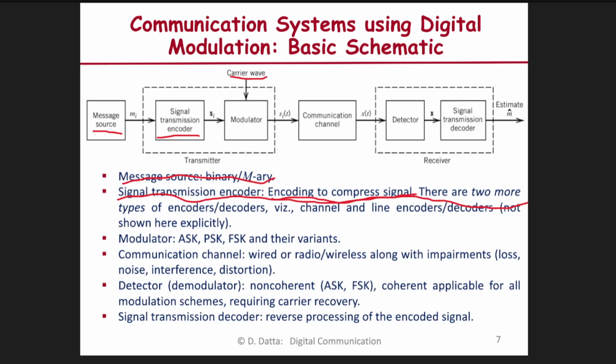So as I said, this particular block does this job, but there are two other encoders which are not shown here explicitly. They will also be here along with this encoder. They are called channel coder and line coder. Channel coder is for the noise which will be seen in the receiver. Suppose you are transmitting a binary stream like 0, 1, 0, 1, 1, 0. Some of the ones or zeros will become zeros and ones, and you will have errors. So in order to decrease the error, you can